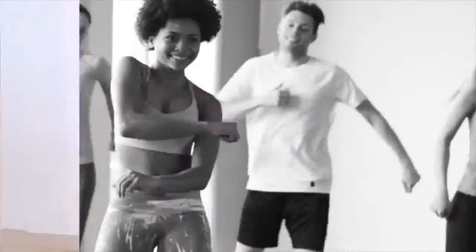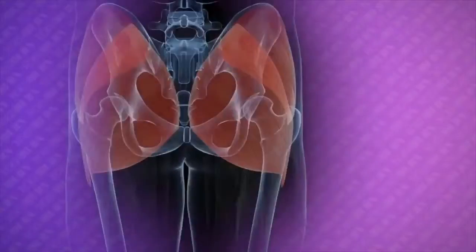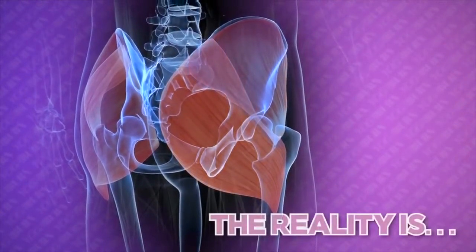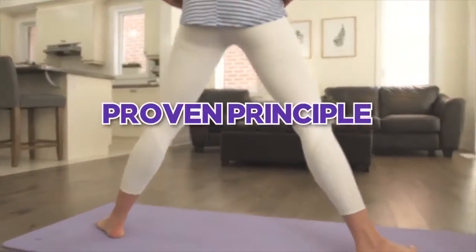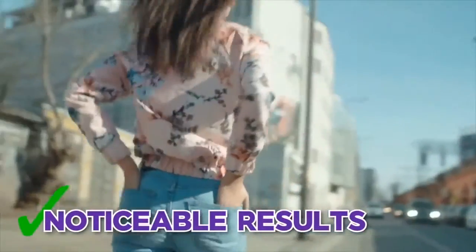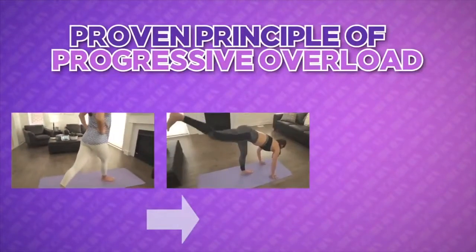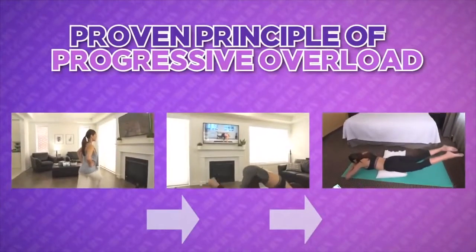And here's why. Besides most fitness classes not even being close to targeting all 3 muscles of the butt properly, the reality is when we're working on any body part, we should always take an approach based on the proven principle of progressive overload from week to week in order to achieve noticeable results. Fact is, the proven principle of progressive overload is virtually always at the fundamental core of any well-designed, results-driven body-shaping